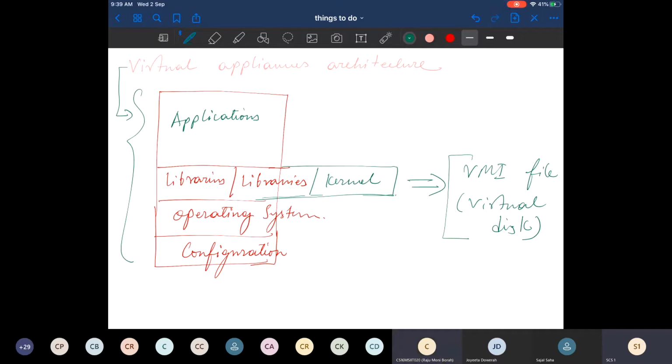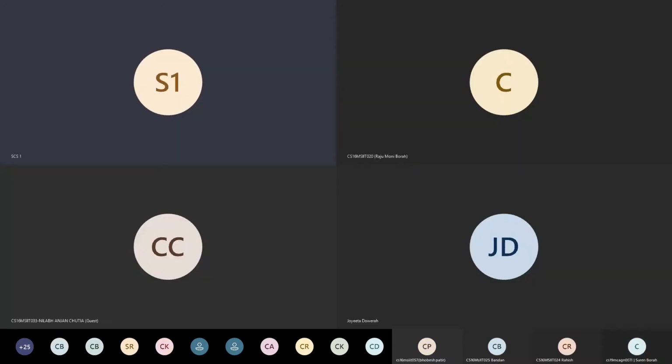Now the thing, sir, is that I have to author that virtual machine, not only the virtual machine but with the required applications. Now for authoring, there are several authoring tools available. So I am showing you those authoring tools. One of the authoring tools is VMware Studio. So VMware Studio is one of the authoring tools. So let us see those authoring tools.